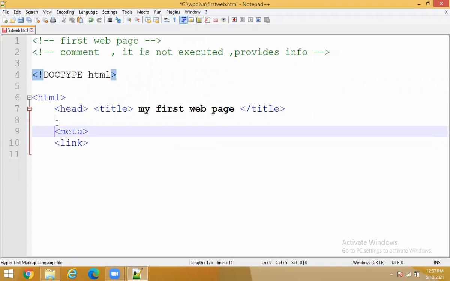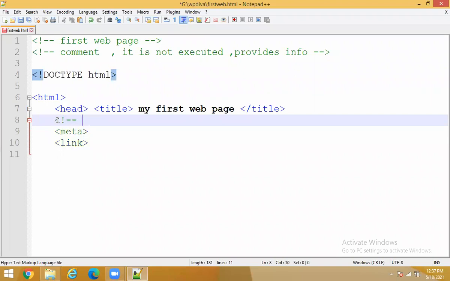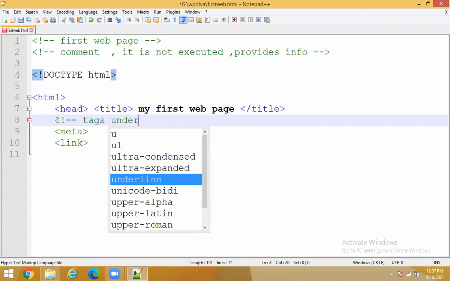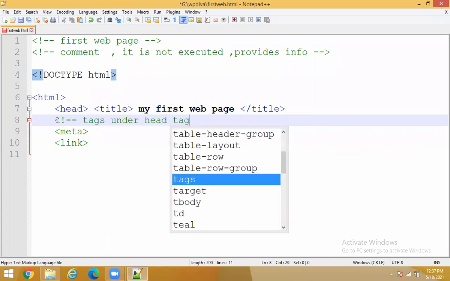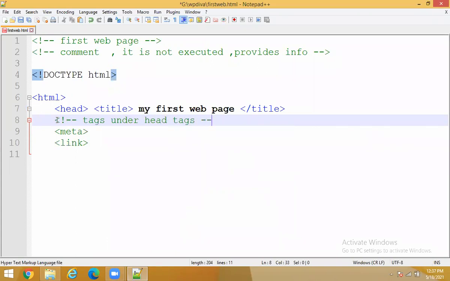Now when I want to write something for my information, I will add a comment saying all these tags will come under the head tag. So I added a comment for my information.